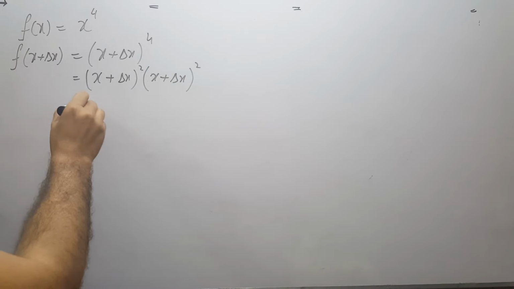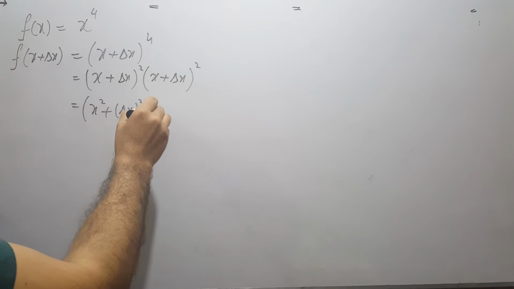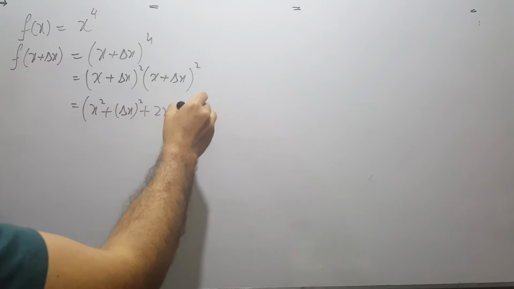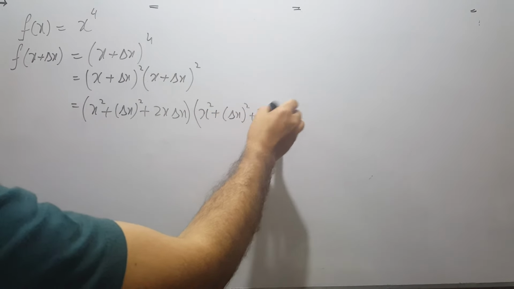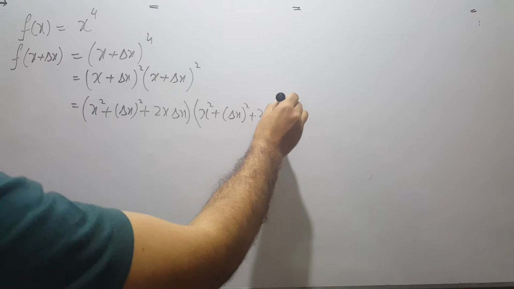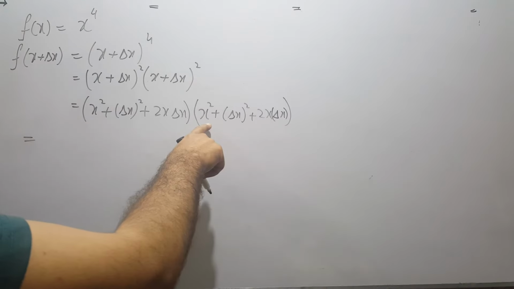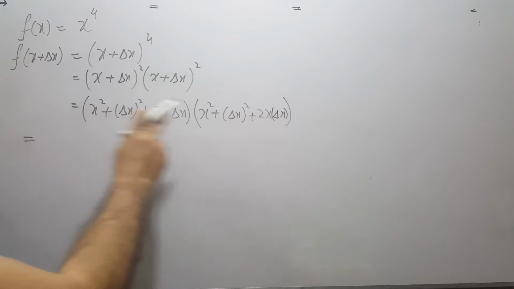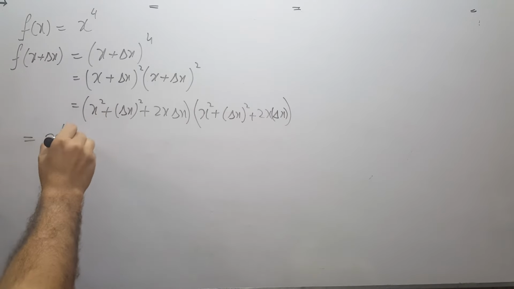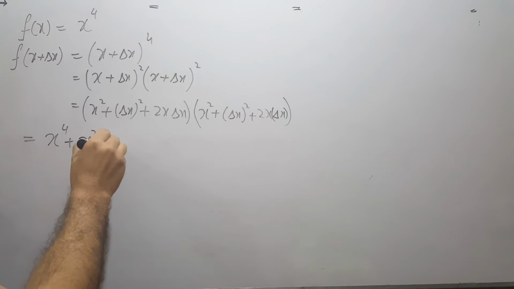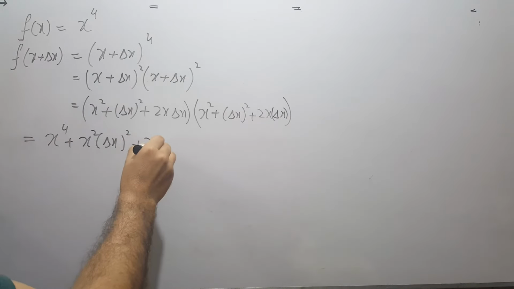We know the square formula is x square plus delta x square plus 2x delta x, and the same for this one, 2 times x and delta x. Now it means you have to multiply each term from here to each term over here. So if I multiply x squared to all these 3 terms, this gives me x power 4 plus x square into delta x square plus 2 times x, and x square gives me x cube